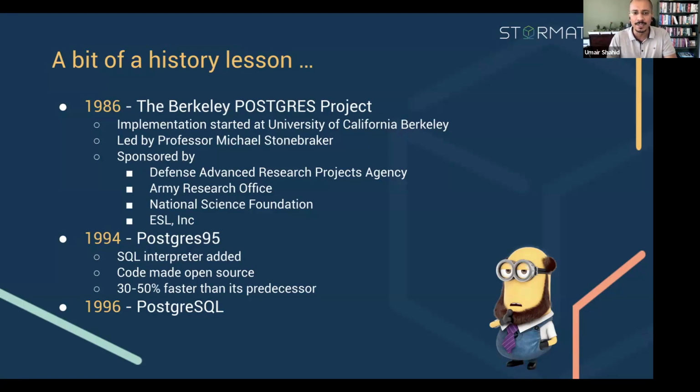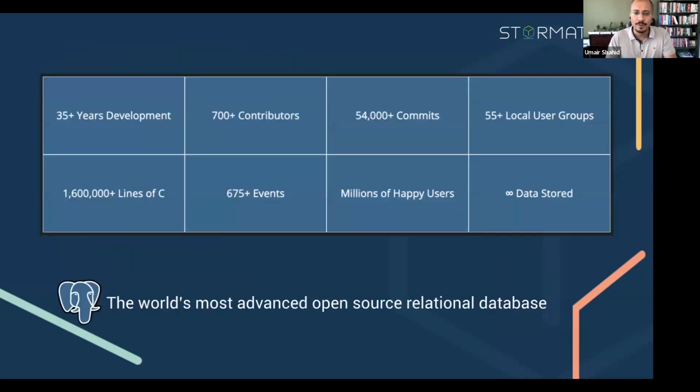It's important to understand the history because it's been around for a while, and over the course of the last 30 odd years, the stability and the feature set has amassed, and it's become increasingly more reliable for production workloads. A few numbers